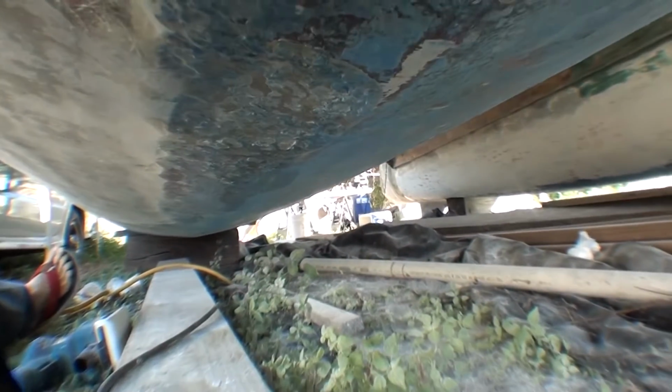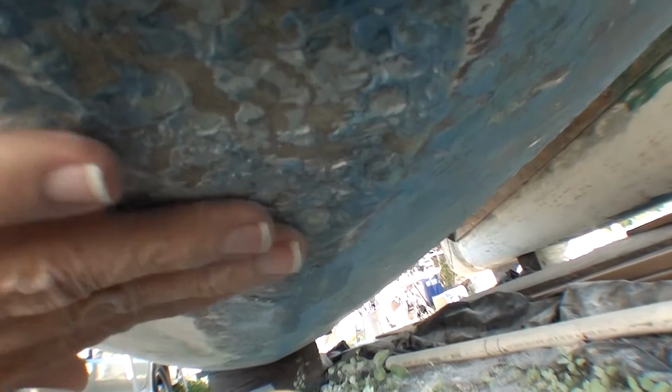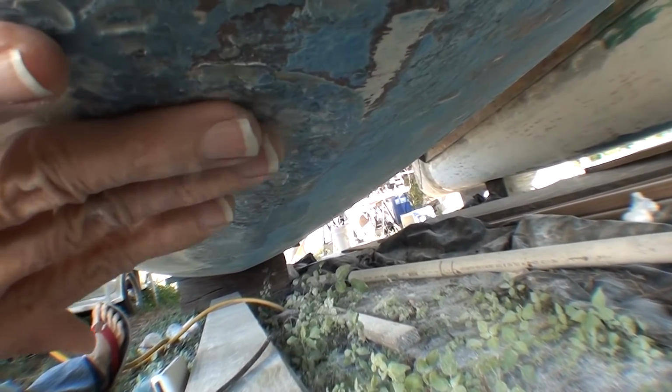The hull is smooth all along through here. Right up till there. And then it's kind of dented in and rough. And it comes up. And then it's pretty smooth the rest of the way along. But yeah, that is definitely a little hollow there. And very rough. And I'm sure that's another one of these half-baked patches. And yeah, there was one here